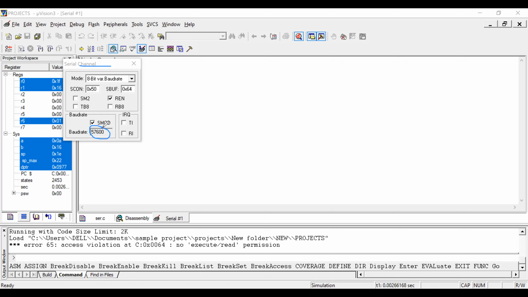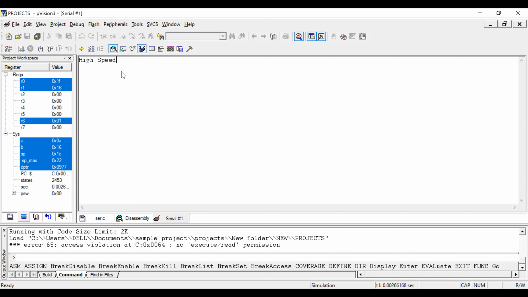So approximately we have just doubled it. So this is how you can double the baud rates, and you can transfer the characters, depending on the external hardware. So that's it about